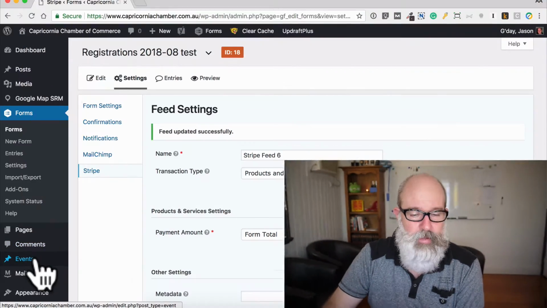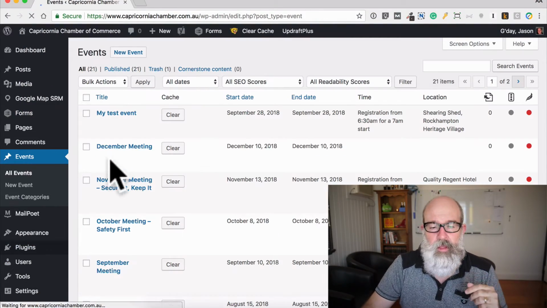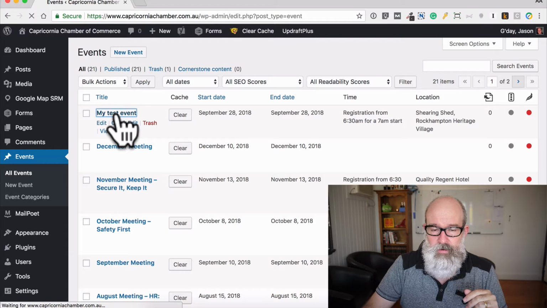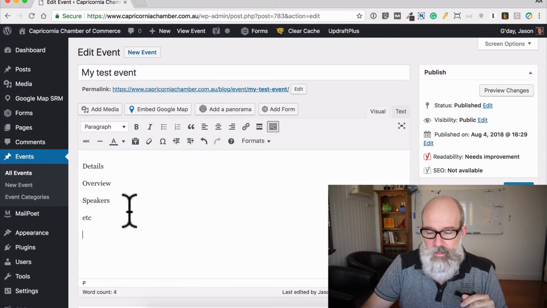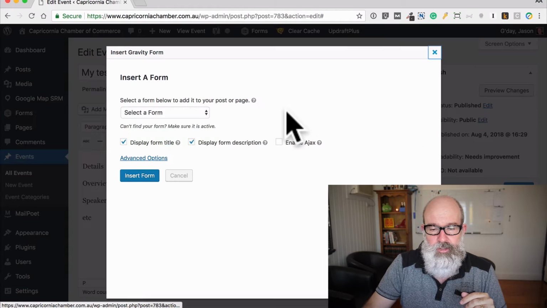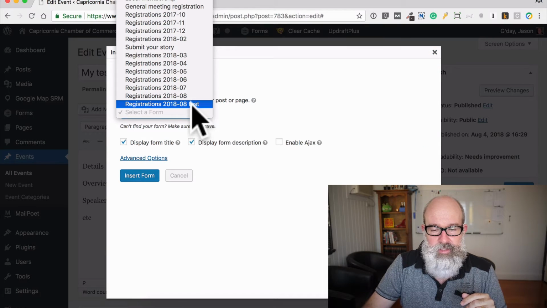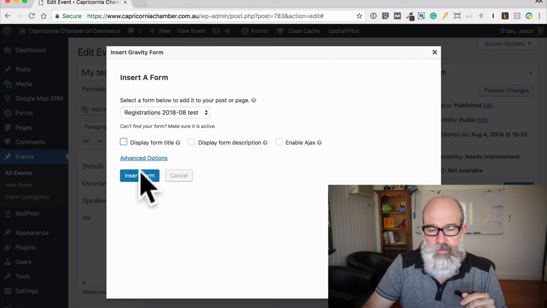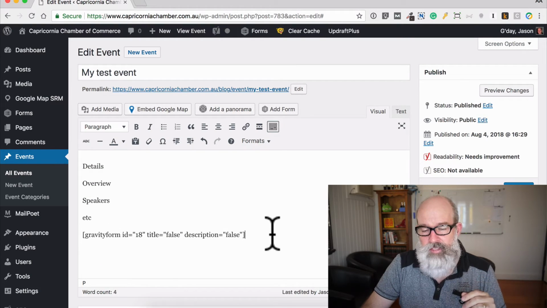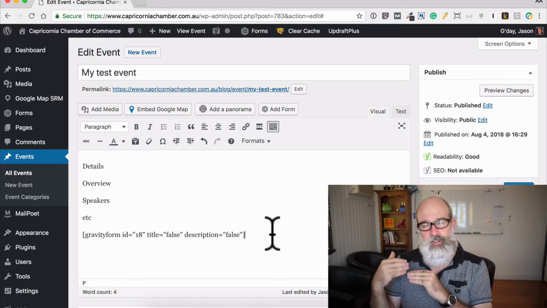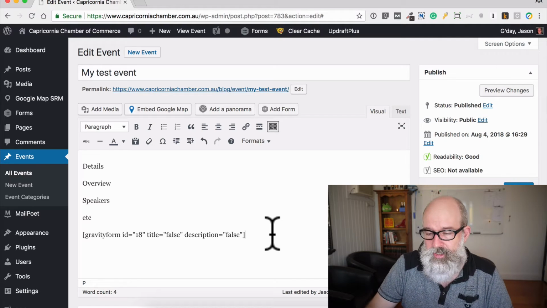What I'll do now is I'll head back to events, back to this test event that I've set up before, and I will now hit return and add a new form to this thing. So there's my test one. I'm going to untick these two, we don't need them, and hit insert form there. And that piece of gobbledygook there is the placeholder to drop that form on that event page. So if I update that now